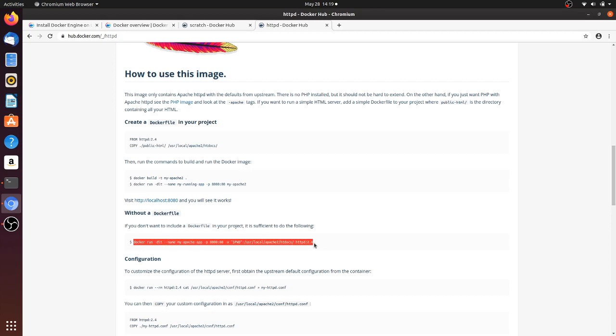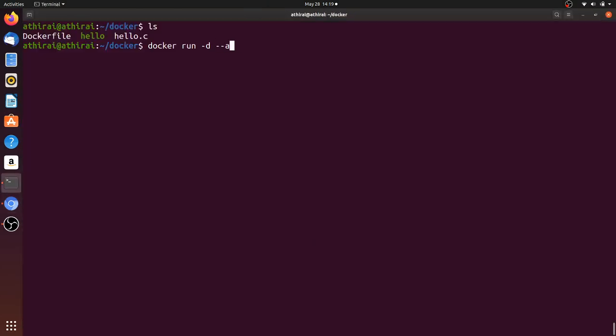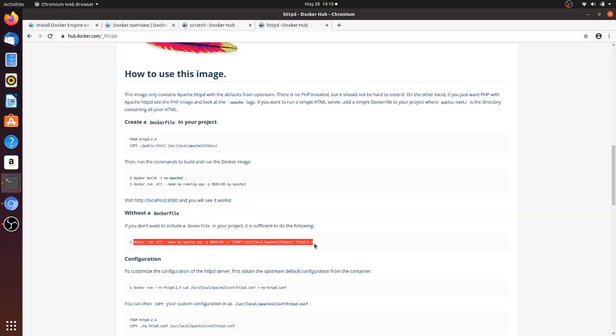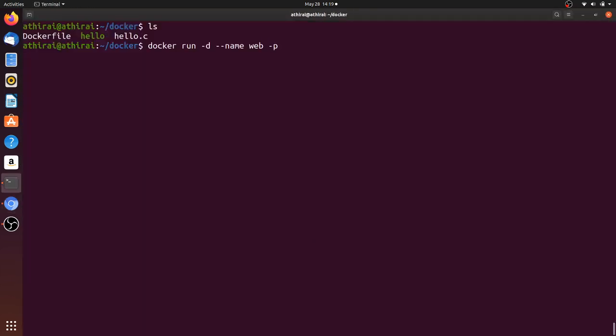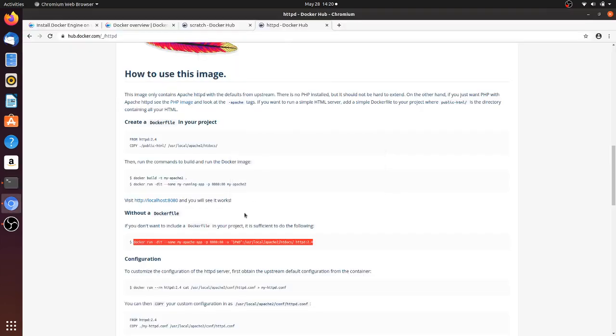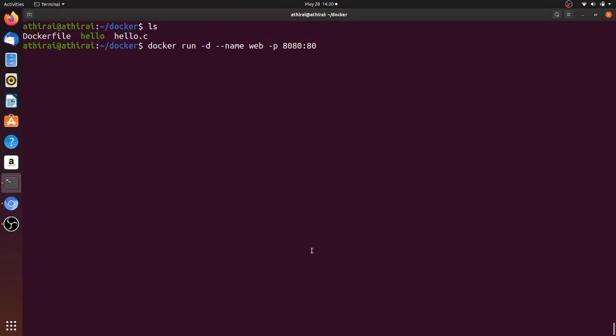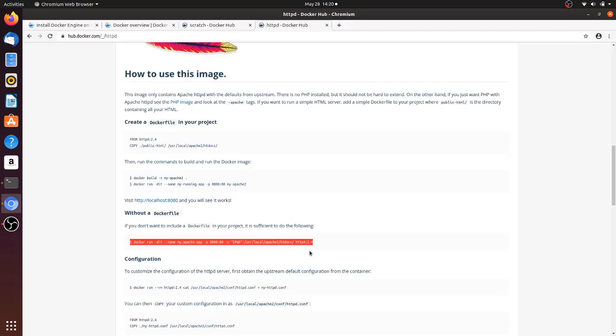So instead of running it like this, I will run docker run -d. -d is to run it in detached mode. I'm going to give some name, web, to my container, and then map the port: this is the container port 80 and this is the host port. Host is where my docker daemon is running. I don't want to give all these options, I just want to start the container, and then I will explain what these options are.